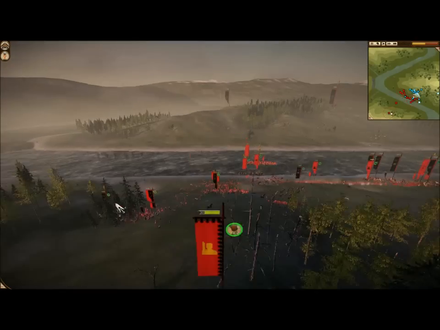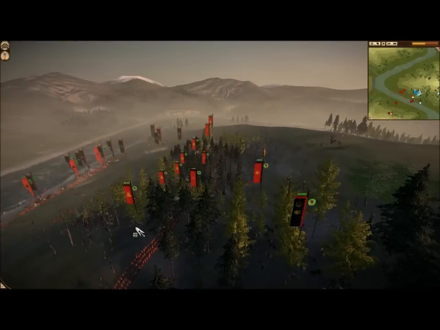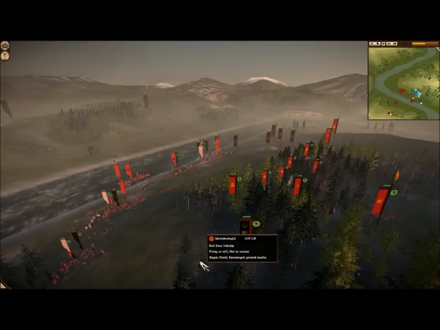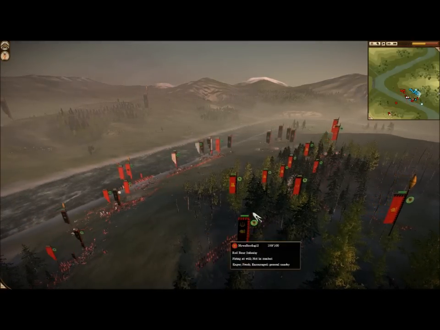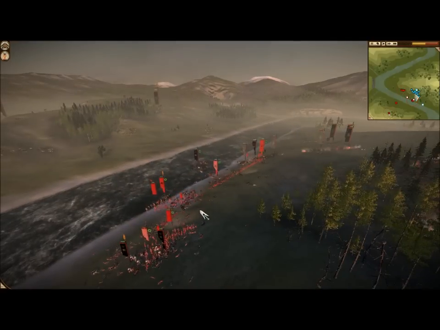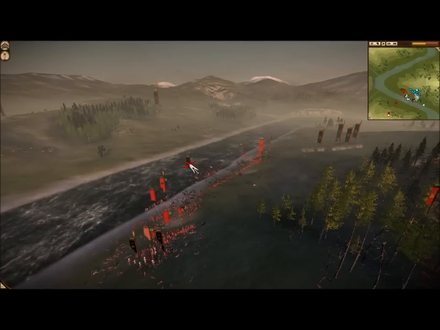But that's kind of saving those 2 units, because you'll see in the end, I think maybe 3 units of these Red Bears come out with about 100 troops each, maybe 80 to 100 each. And they just do mop-up work. As you can see, his men are actually starting to rout. And they've, well, I guess,